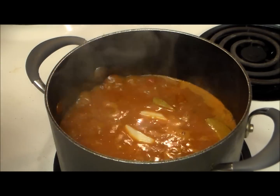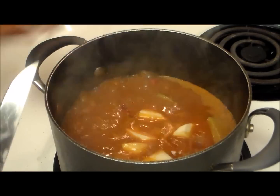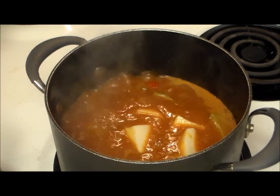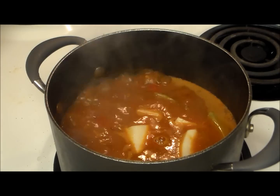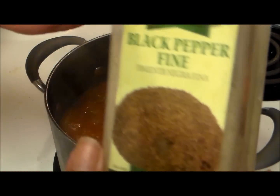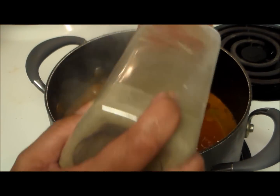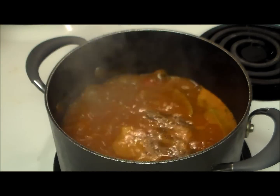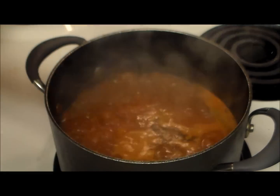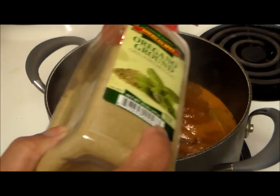And we're going to add some potatoes. We're going to peel 1 or 2 potatoes, and you can add them cut in 4 pieces or 6 pieces. And if you don't want to add potatoes, you can add pumpkin. Just cut the pumpkin, remove the seeds and everything, and you can add some pumpkin. I'm also going to add some fine black pepper to your taste. Oh, and ground oregano, and we're going to let this bean cook